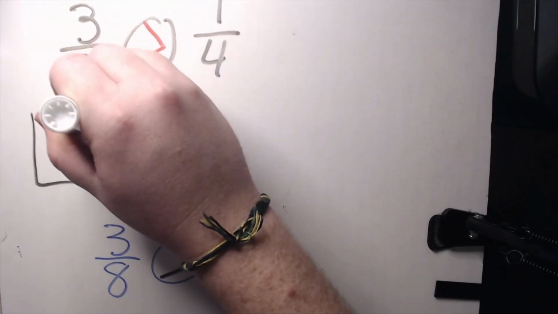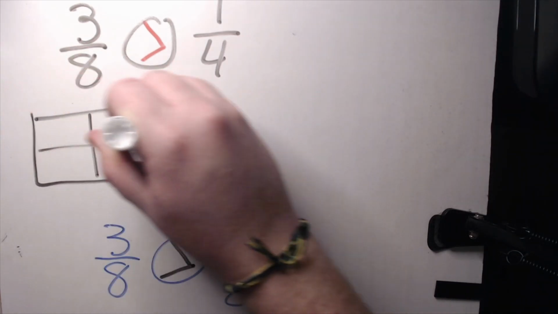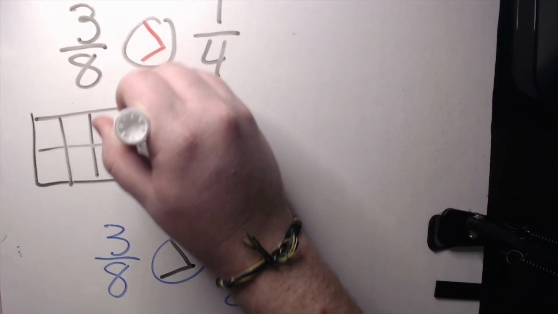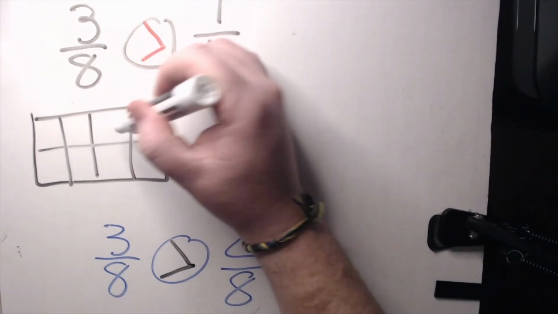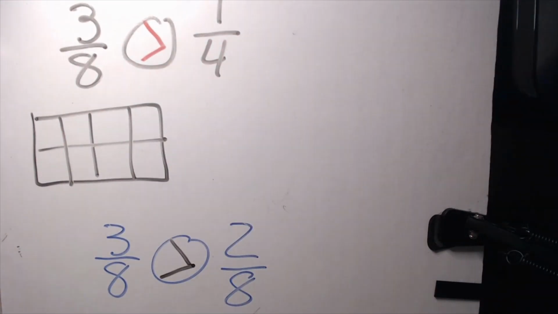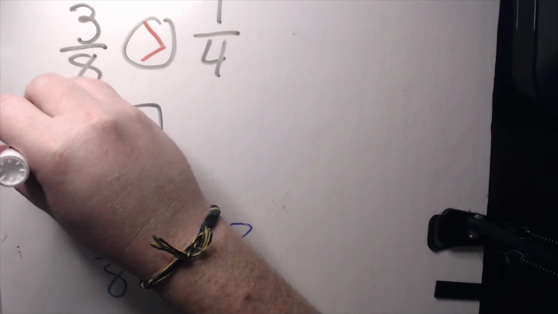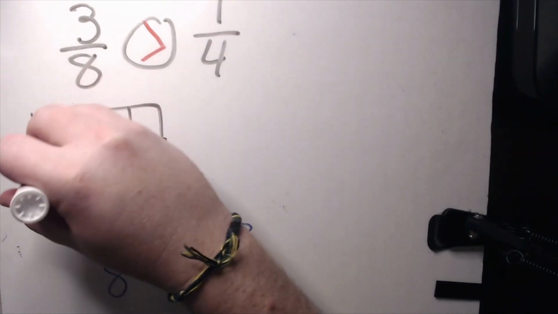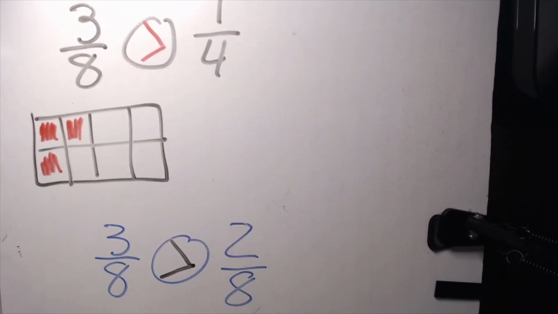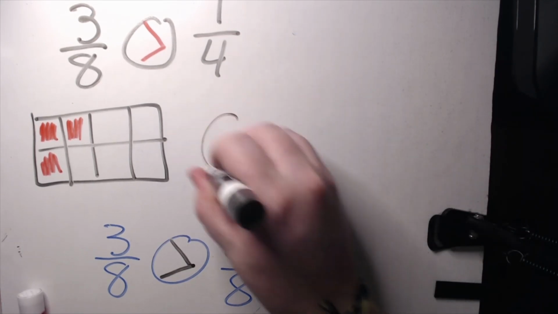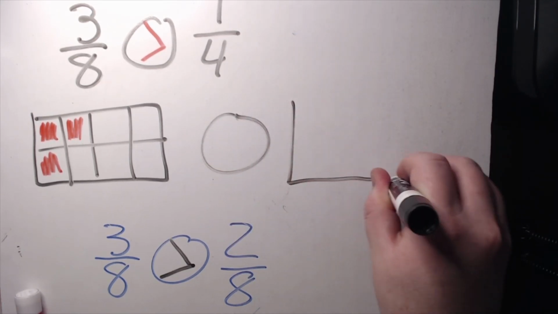So I'm going to draw this shape, and I cut it into 8s. 1, 2, 3, 4, 5, 6, 7, 8. Okay? And I'm going to shade in 3 of them. So here we have 1, 2, 3/8. This shape right here can be represented on both sides, both 3/8. I'm going to draw another one. Here, let's draw the little comparison thing too. And then I will draw